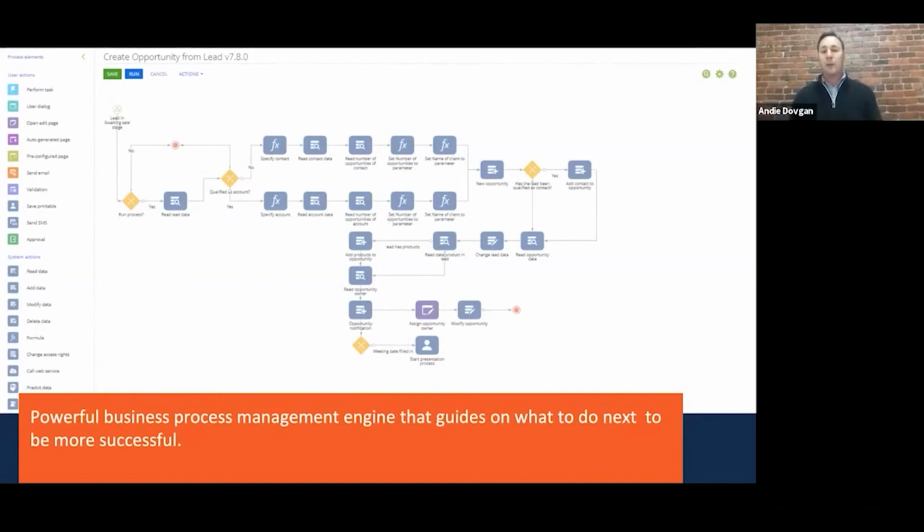The end users, they don't see those diagrams, but actually they have a lot of experience interacting with them, because within this business process management diagram, we can automate every single step. And more importantly, here we can program lots of automations. The system can record this data for you. The system can manipulate this data, make calculations, and minimize amount of data type and effort that is requested from